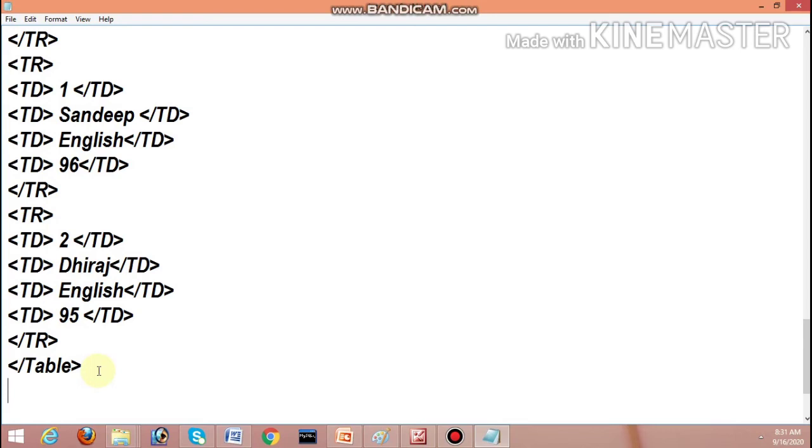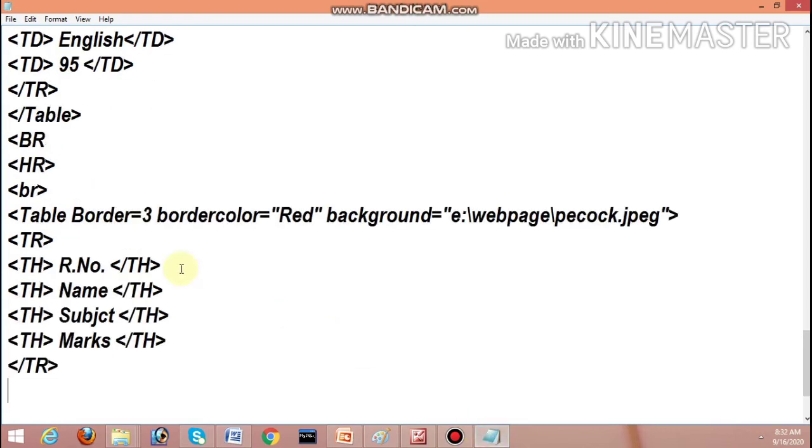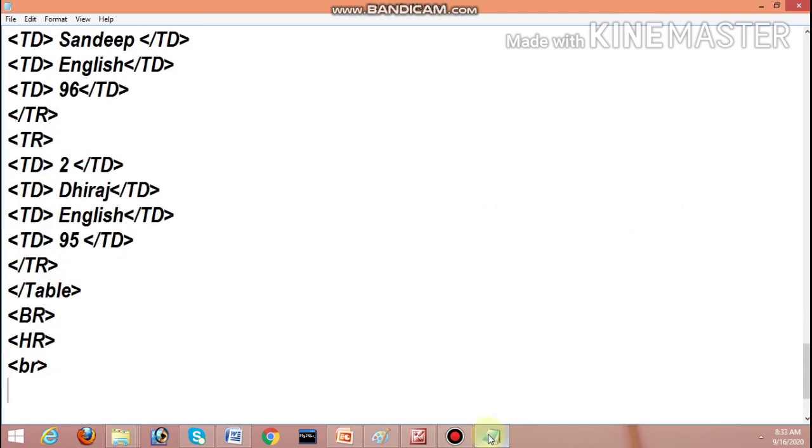Now another attribute, that is table border equal to 3, border color equal to red. Now I change the background to an image, that is the peacock image. Okay, and the heading, first row, that is the heading of the row. Now second and third row, roll number 1 and roll number 2, close the table.